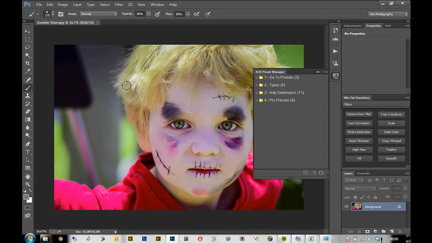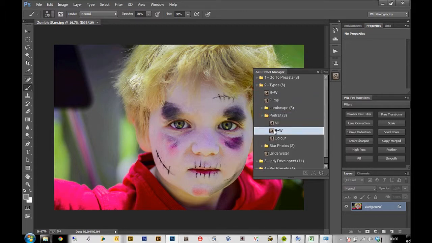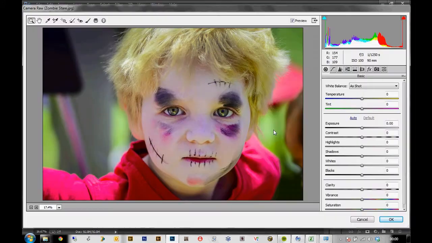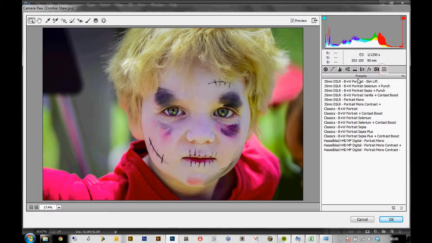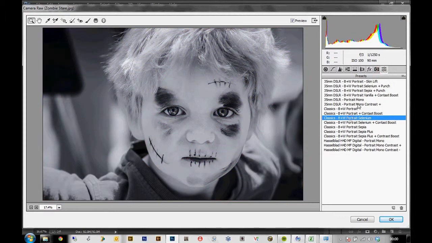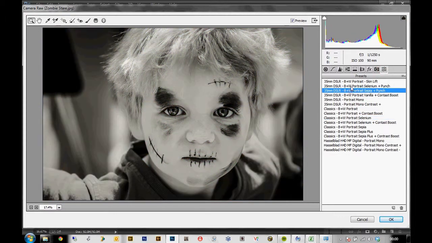So say I want to treat this portrait in black and white, so I'll go to my portrait group, select black and white, and I'll just click here. And clicking there will load the black and white presets, and it will also open up the Camera Raw filter. So if I go now here, you can see my presets are all loaded, and I can pick whichever preset I want to use